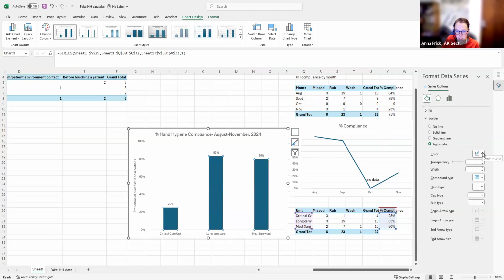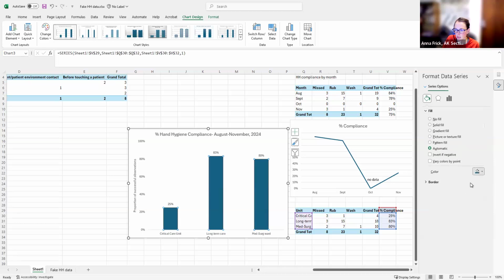Since this one isn't a particularly complicated chart, I don't have a strong reason to change them to a different thing, but maybe I'm expecting this to be a black and white presentation, so I'm just going to make them all black. Oh, sorry, I'm in the border section here, so I just gave them black borders. Let's go up to fill, and then I can change the fill color there to nice black ones. I could, if I wanted to, potentially change them each to different colors, but in this case, that doesn't make sense to do because it's not the style of bar graph that it is.